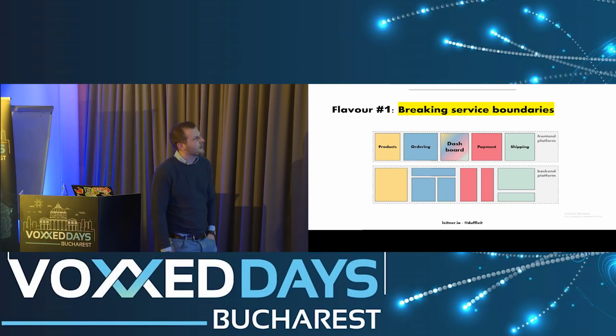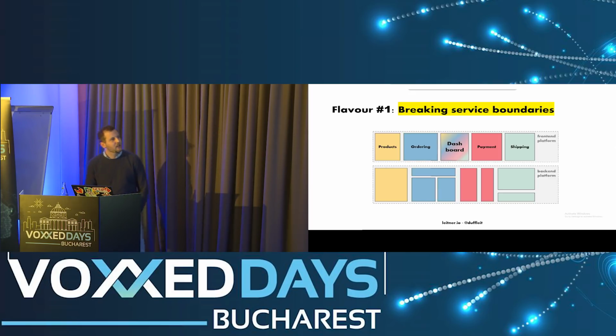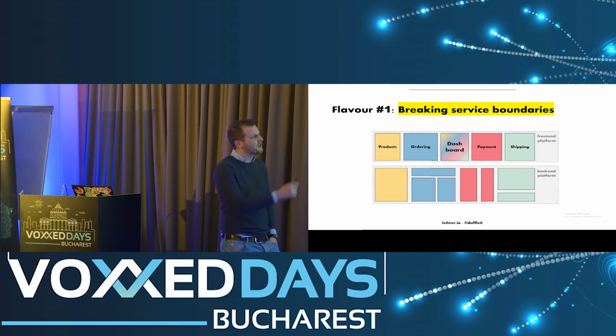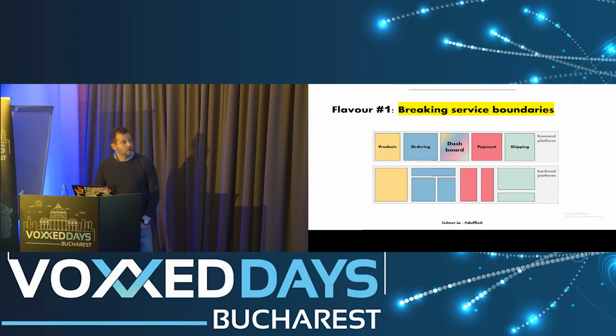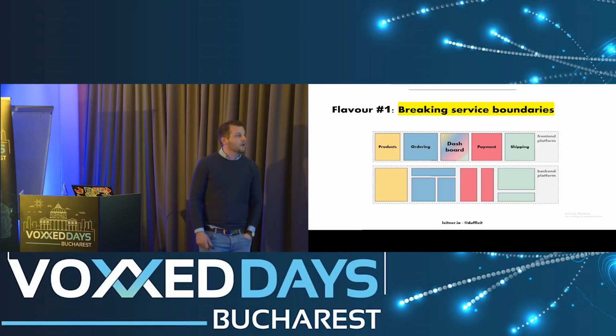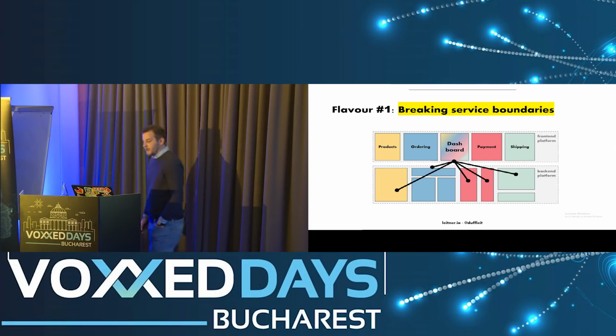The first one is that the front end usually loves to break your service boundaries. If you think of a dashboard, you cannot fully verticalize this, because on the dashboard, you normally want to see some kind of products. You want to see your latest orders, maybe. You want to see your payment and shipping details. So what do you do here? You cannot say, okay, I fully verticalize this, because I need all those services, all those bounded contexts in one front end. And this is actually where Sam Newman brought this